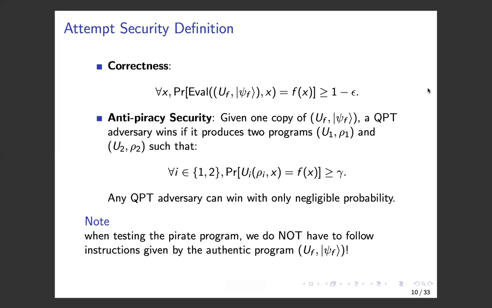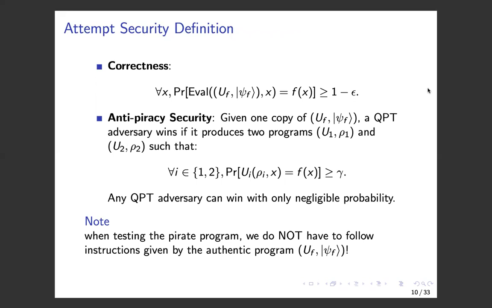So here we give an attempted definition for security. Why is it an attempt? We will specify later the issues with such a security definition. So for correctness, of course, we need to evaluate correctly on all inputs with almost 1 probability. And for anti-piracy security, we want that any QPT adversary, when given 1 copy of the honestly generated copy protection program,